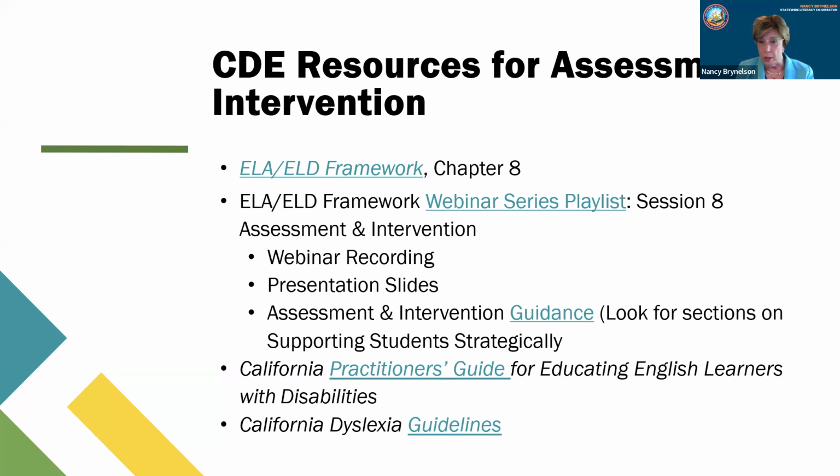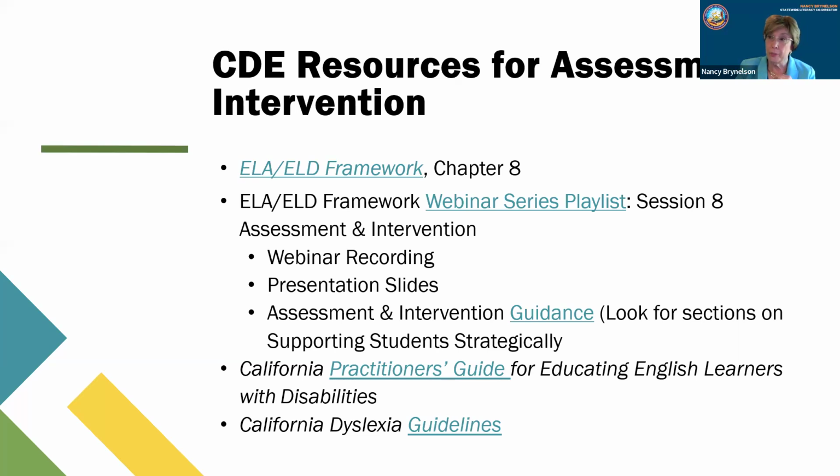And then, of course, we know that you need to specifically address the dyslexia guidelines within teacher preparation and within SB 488 certifications. But in this case, looking to those sections in the guidelines that address assessment and then intervention or teaching structured literacy, as we